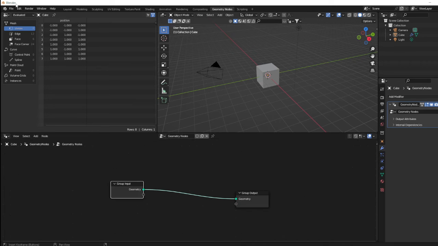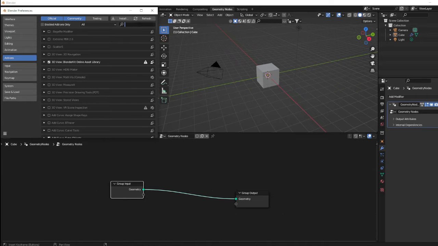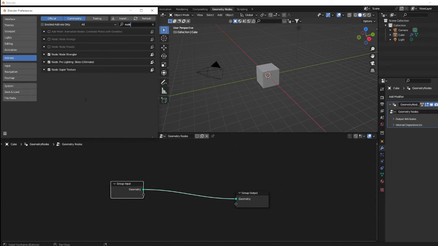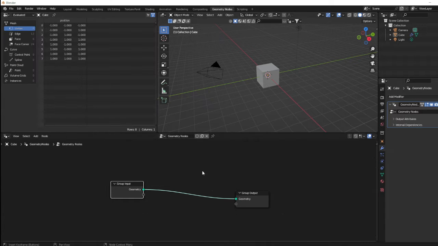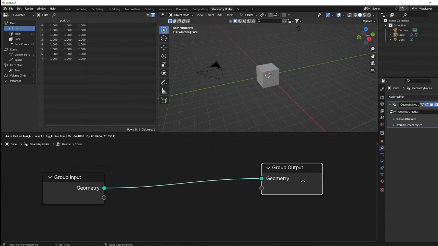Now, go to Edit, Preferences, and the Add-ons tab right here, Node Wrangler of course, and select the box on this add-on and choose Save Preferences, because we're gonna operate on those shortcuts using this Node Wrangler add-on. To disconnect the nodes, hold Control and hold right click and just move the mouse to